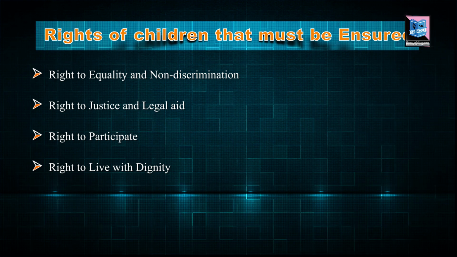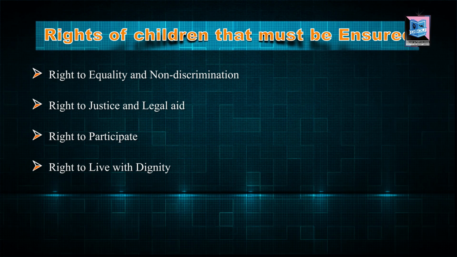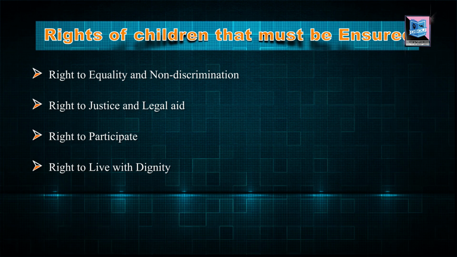Also, we have to keep in mind that the child has other rights such as the right to dignity, the right to family, the right to safety, as well as the right to privacy and confidentiality. Now let's look at the Juvenile Justice Act of 2015 in detail. When we talk about the Act of 2015, the first thing that we need to consider is the fact that